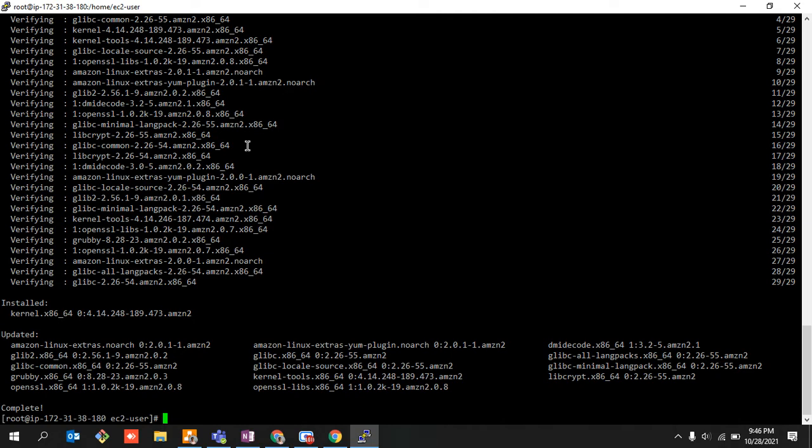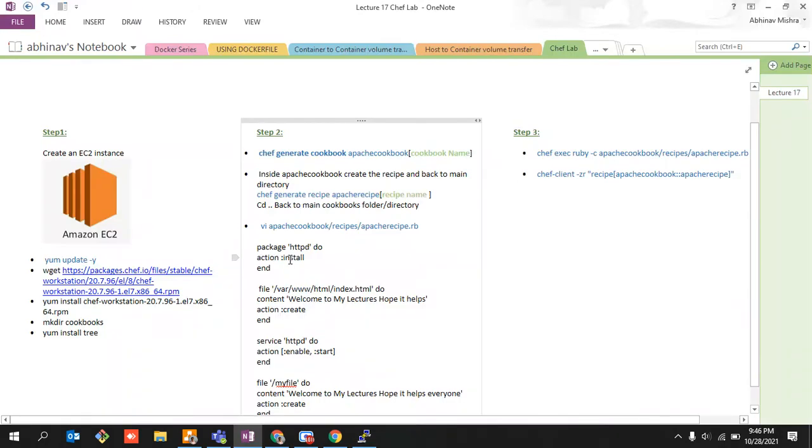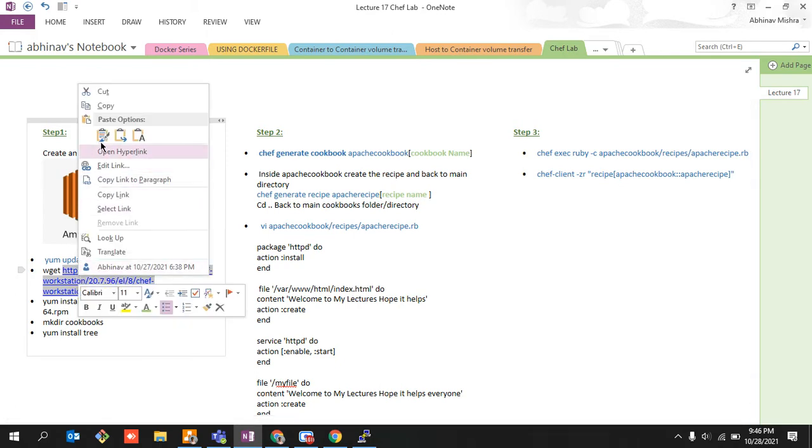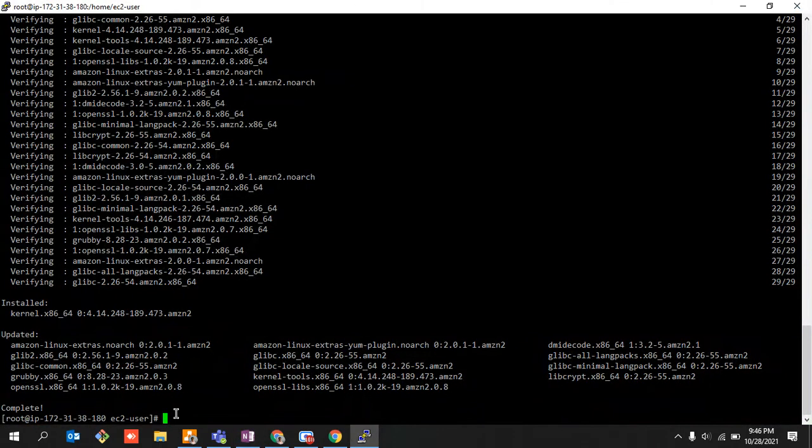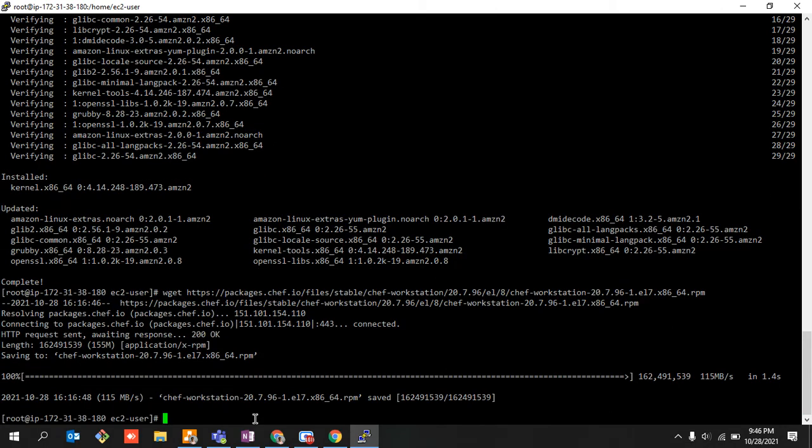The update of the machine has already been completed, and now I would be copying this particular URL and downloading it. wget is the command with the help of which you can download something. wget followed by your URL. I have pressed enter and I think it got downloaded.